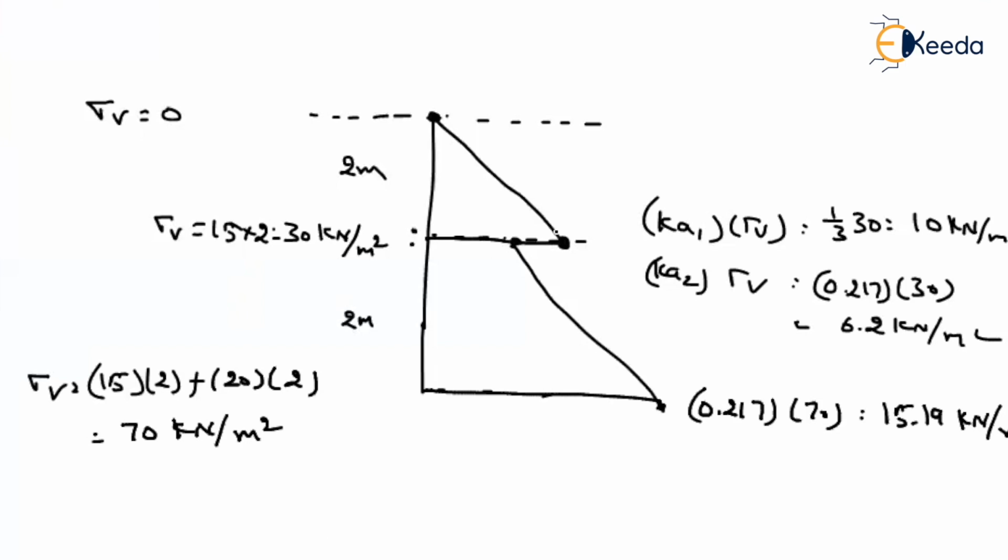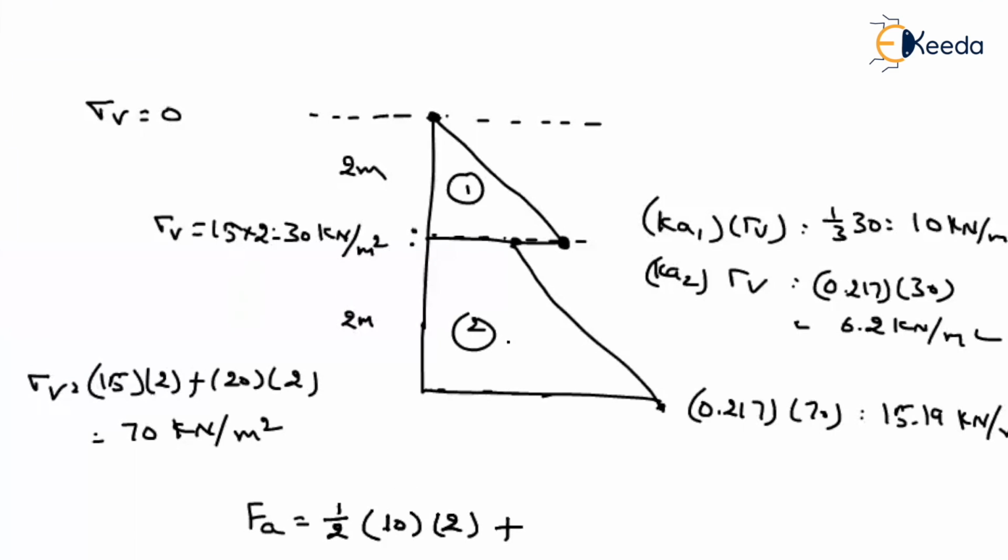Now they are asking for the force. What is the active earth pressure force? That will be equal to the area of this pressure diagram. Let us say this is soil 1, and this is soil 2. In soil 1, what is the area? It is in the form of a triangle. A 0 plus, what is the remaining intensity? 10. Half into base, 10, into height, 2, plus